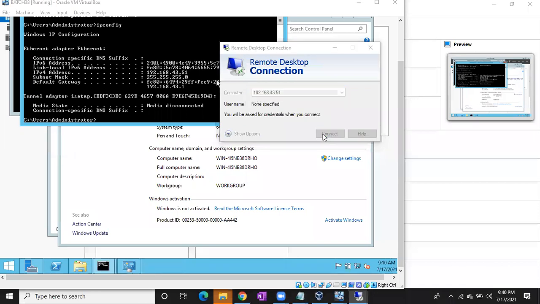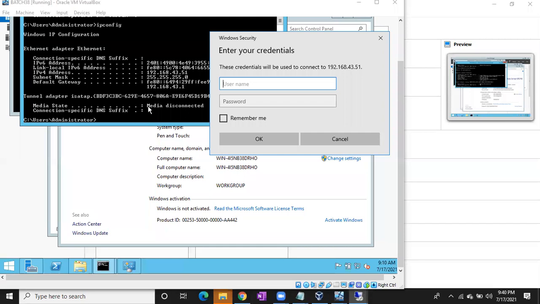Usually in the organization, they will directly tell you the IP address or server name, so no need to search like this. Here we don't know the IP address. As we are connected to the internet, it is going to change. Today you will get one IP address, tomorrow another. In the organization, a static IP address will be there. You will get the IP address and simply give it in the mstsc remote desktop connection screen.